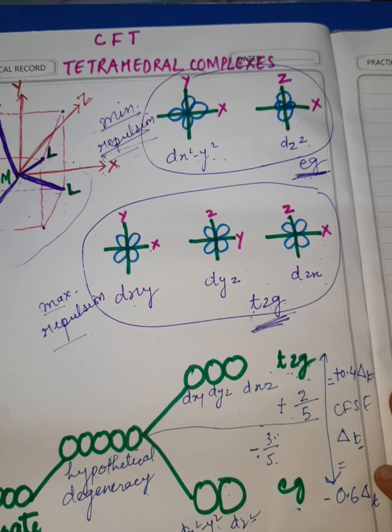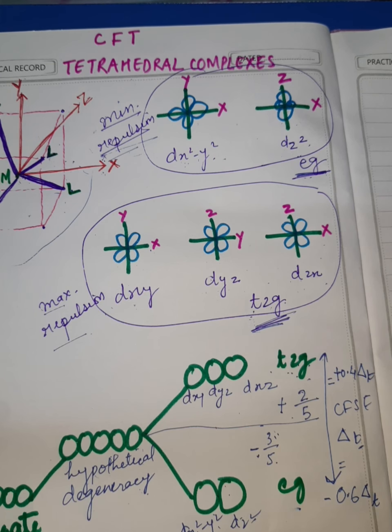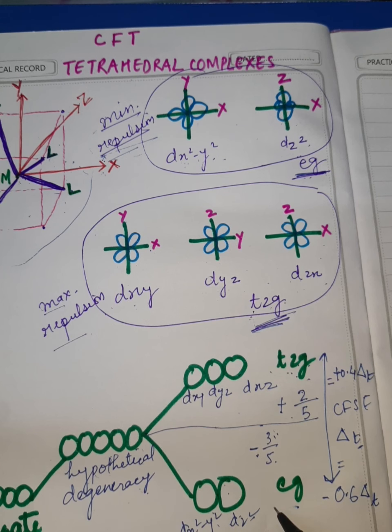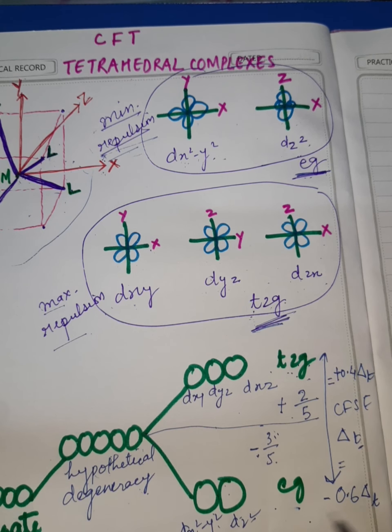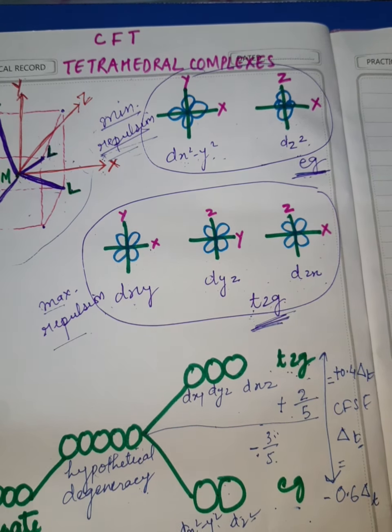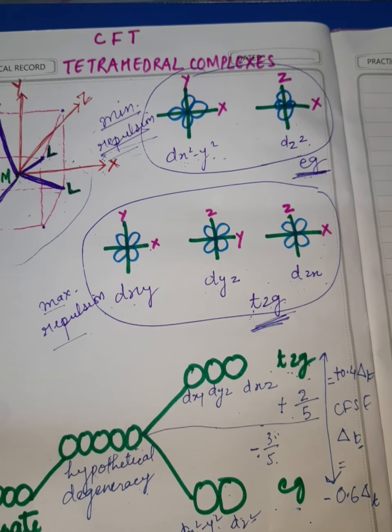Now filling of the electrons takes place just like with strong and weak ligands. If we have weak ligands, they cannot bring about pairing. So no pairing of electrons will take place. In case of a strong ligand, pairing is caused. So pairing of electrons takes place in the EG set. I hope it is clear. If you apply all those tricks that I taught you, you can write the electronic configuration in case of tetrahedral complexes as well. Now let us practice one case.